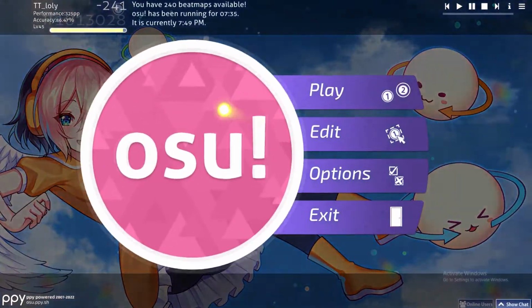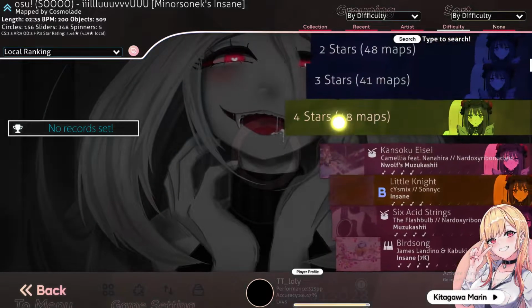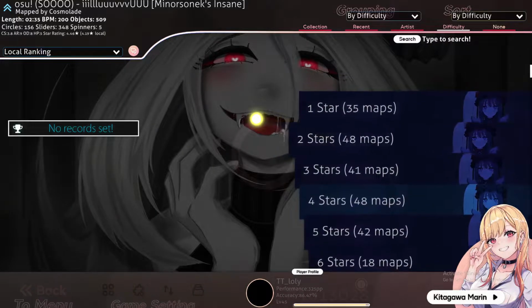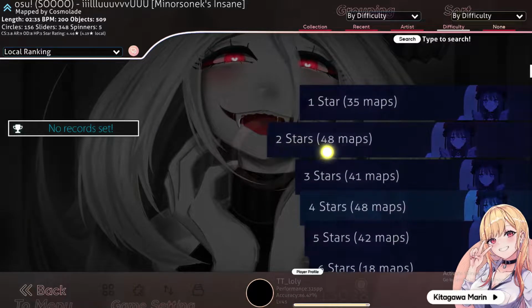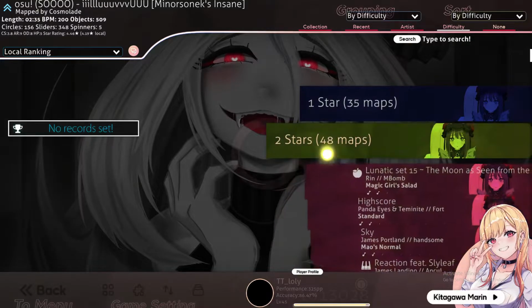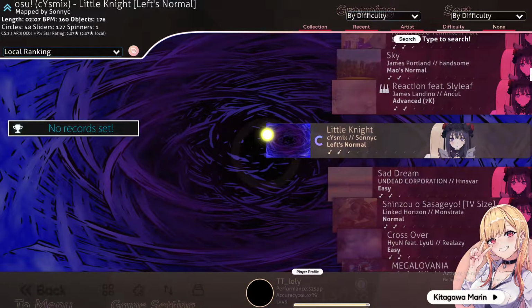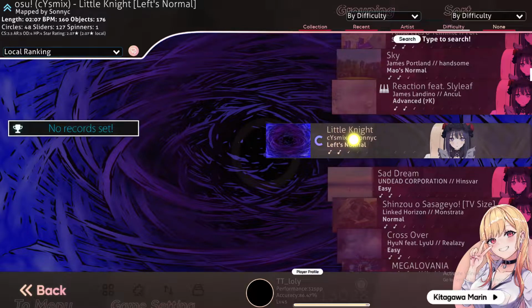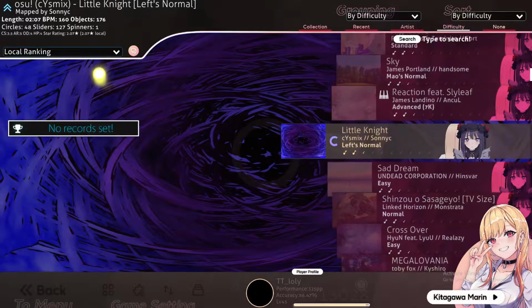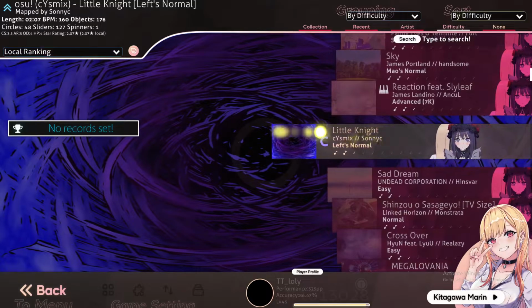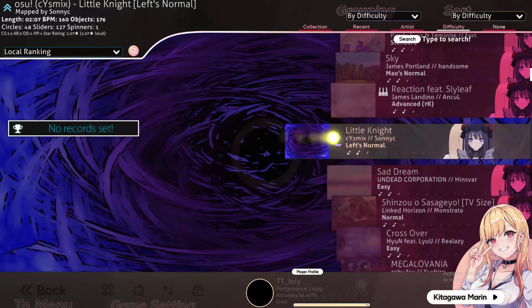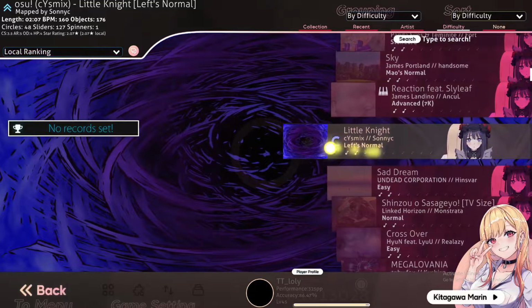click on OSO, and then play, click on solo. I forgot to tell you, but both of you have to have the same music. For example, if you have this little knight and your friend doesn't have the same music, or if he has it and didn't play it, you will not see his replay. So make sure that he has it and he already played it, and then you can click on here,